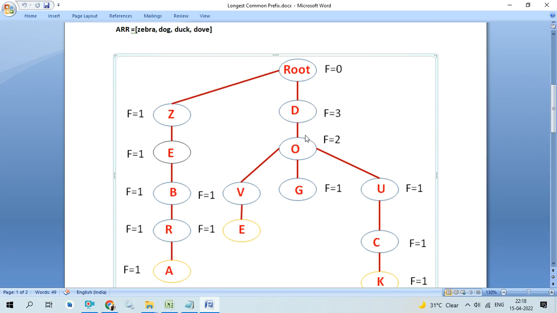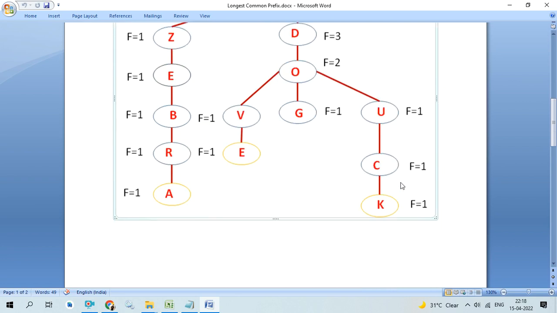Next is U. So no, I'm sorry, I have to add this U with this. So I will fix it. So next is D, U. Next a C character. Now I'm going to create and add a